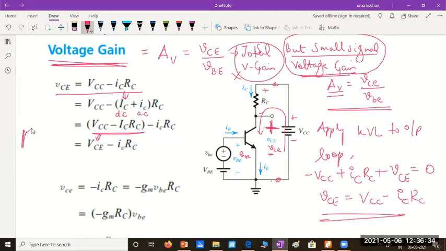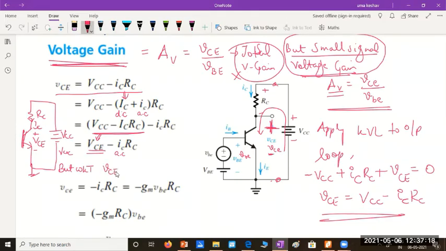So in the circuit, if I had just considered DC values, remember this was the given circuit. Here, if we had just considered VCC, capital IC, RC and the collector emitter voltage, then this VCE is what we are getting here. It is VCC minus IC RC. And this is the small signal or AC collector current. This is just the AC value that, into this collector resistance, is obtained, right? Any doubts?